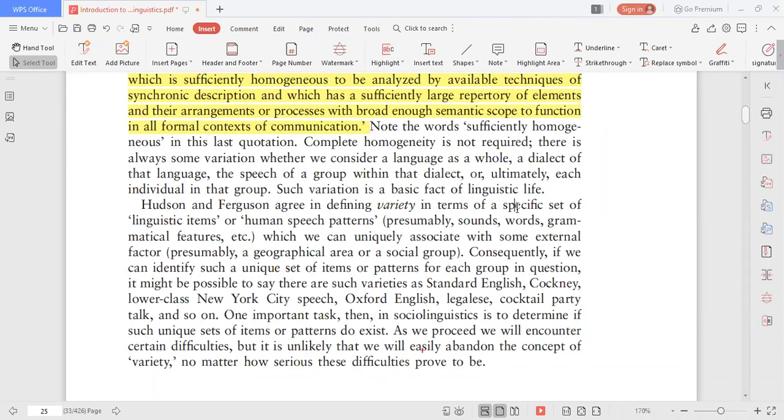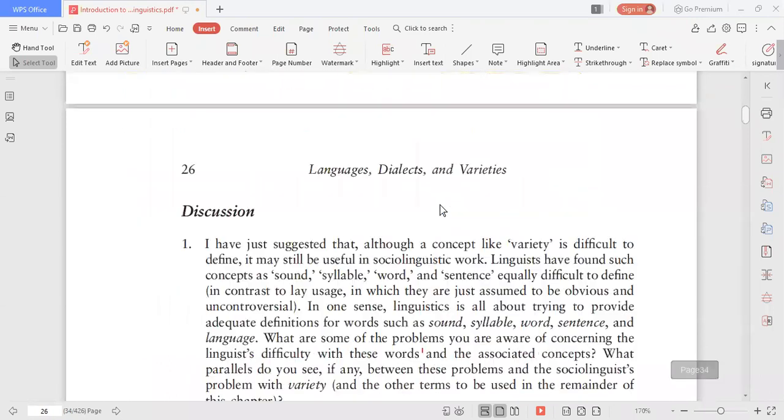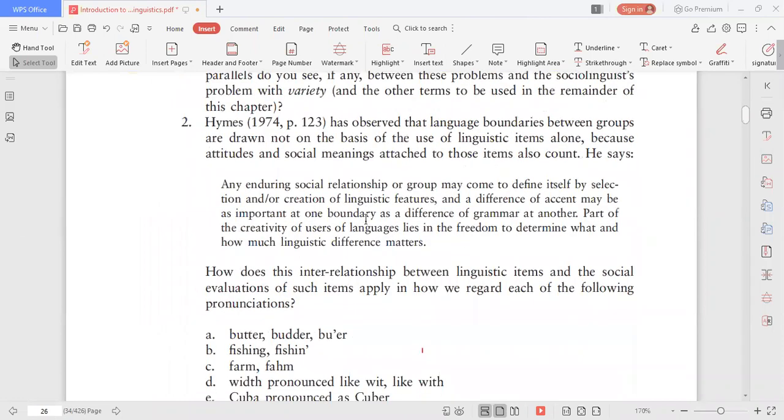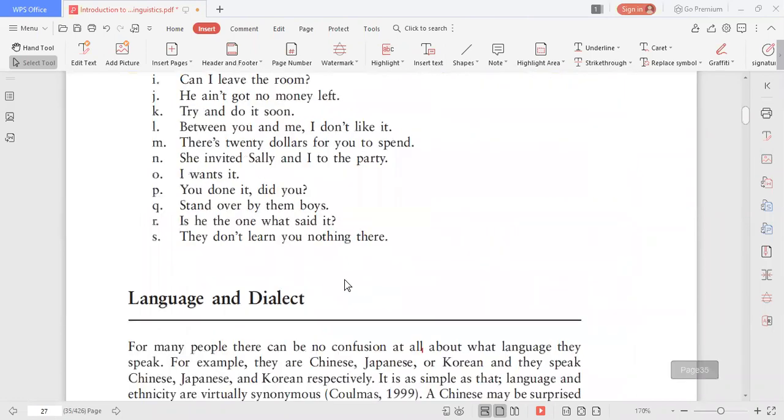As we proceed, we will encounter certain difficulties, but it is unlikely that we will easily abandon the concept of variety, no matter how serious these difficulties prove to be. It may be difficult, but still, what will you do? We'll try to find out whether that kind of varieties are available